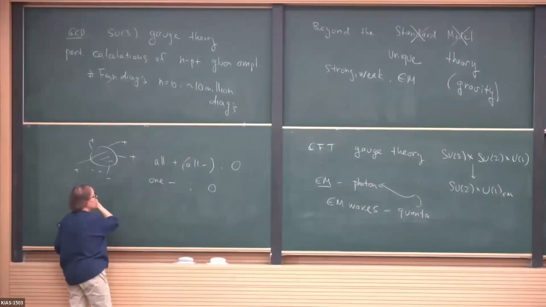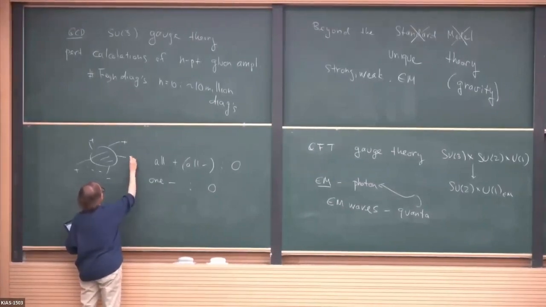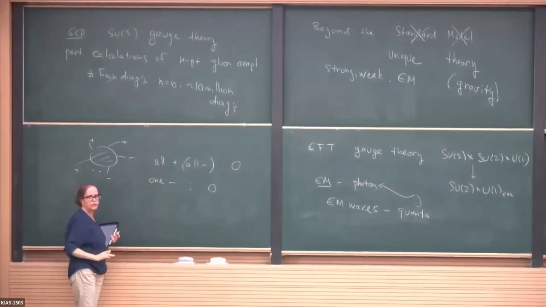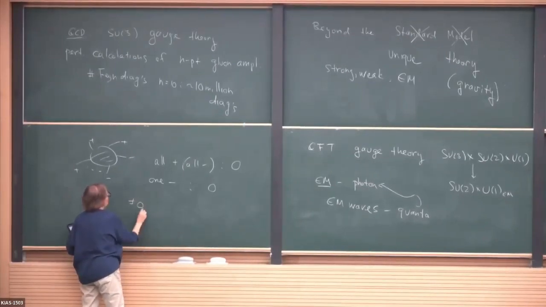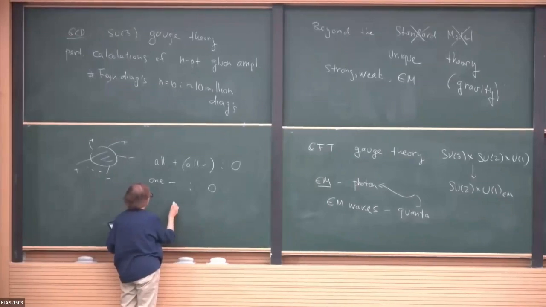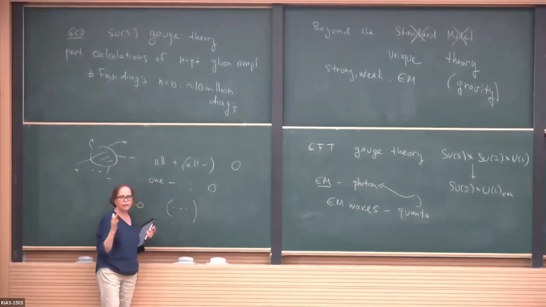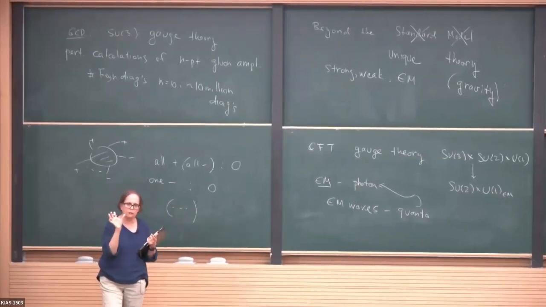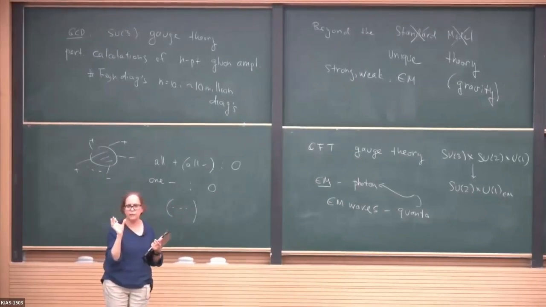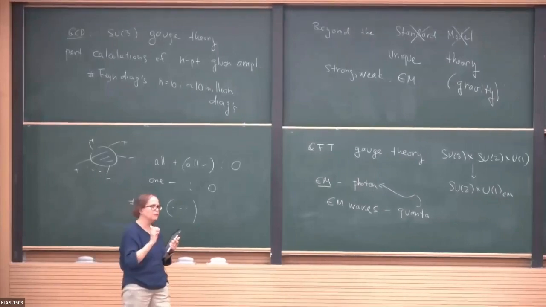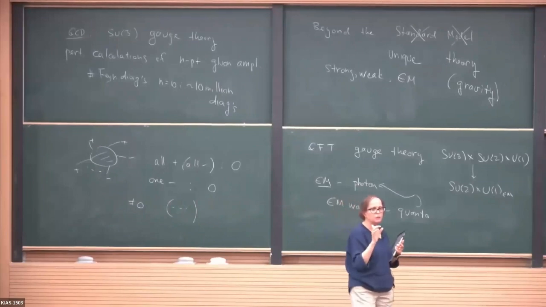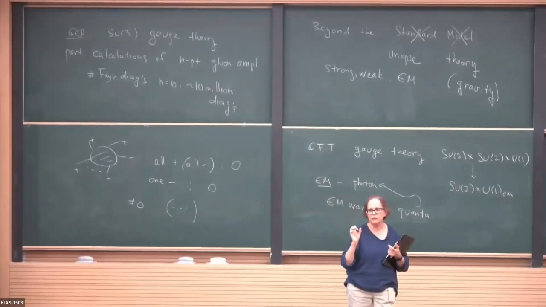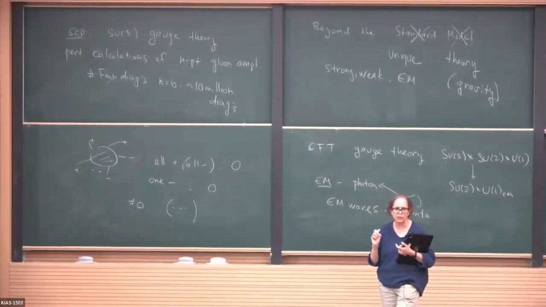And the first amplitude that doesn't vanish is the one where you have two minuses, for example, and the rest are pluses. And this guy is non-zero, but you'll see the expression very soon. It's a very compact expression. It's something that I can write down on half a line. So the fact that you get so many Feynman diagrams that sum to a very simple result kind of tells you that you're doing something that's not terribly efficient.